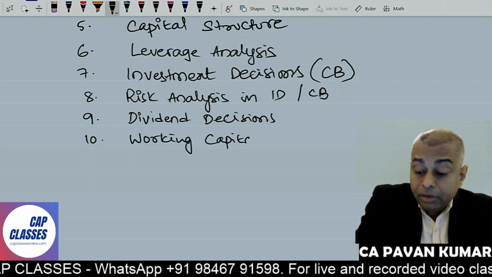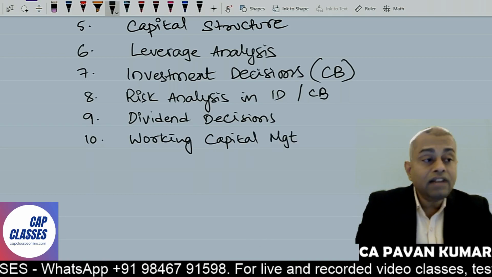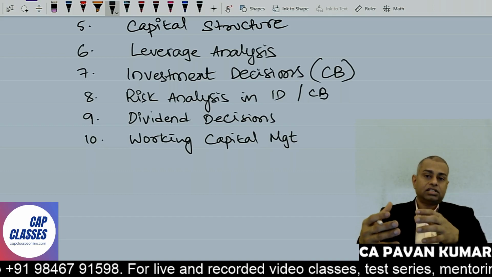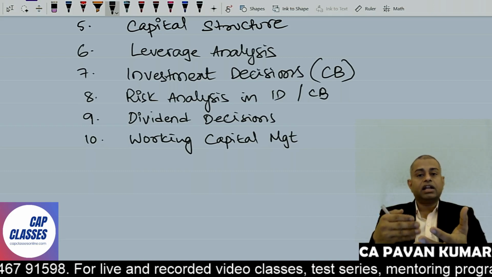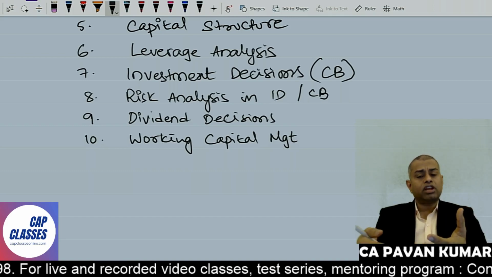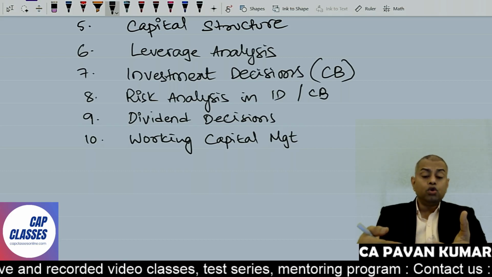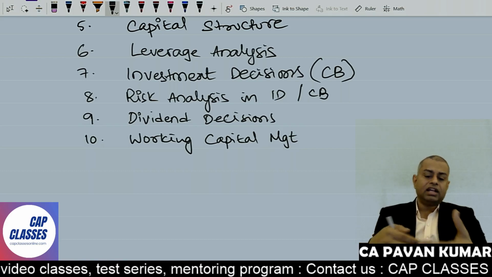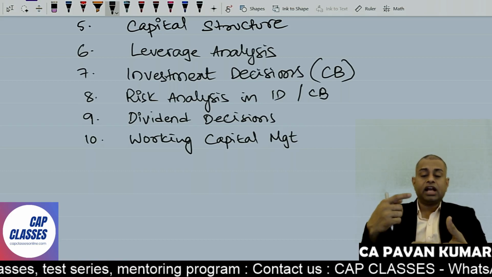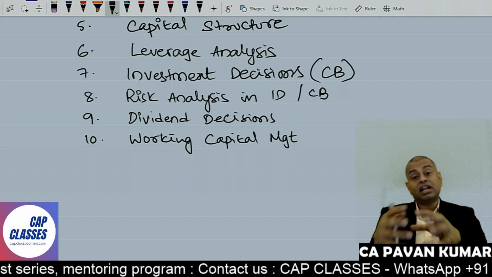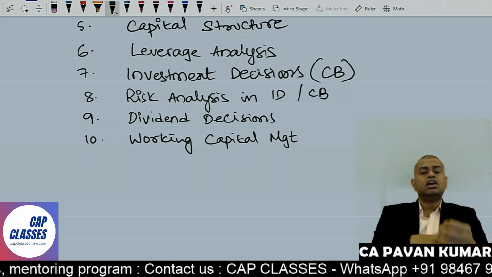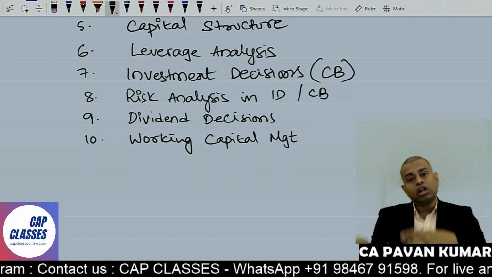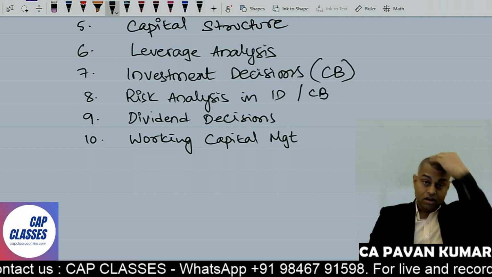In working capital management, it itself is a broad umbrella. Under that, there are so many subtopics. For example, you'll calculate the operating cycle. What is the operating cycle? How to calculate it? How to do a working capital forecast, requirement of working capital, how do we calculate maximum permissible bank finance, then how do we manage our debtors, how do we manage our creditors, cash management, inventory management, cash budgets, cash management models, treasury management. Oh my God.